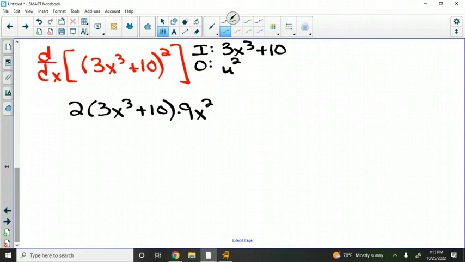Good, good. All right. So we're getting used to it. Okay, now let me do this little change. We'll do this one together. Let's find the derivative of